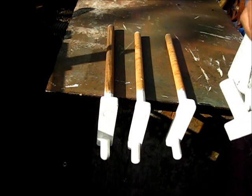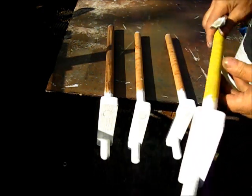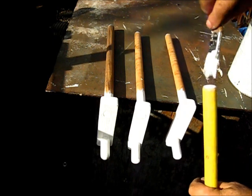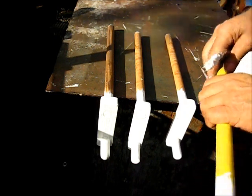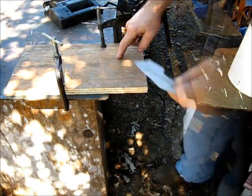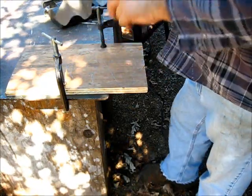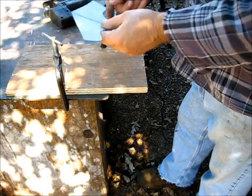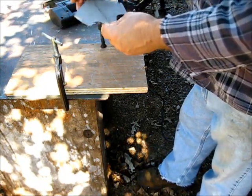Just wanted to keep you posted on where we're at on this project. Oh, I'm going to seal that end of that thing down there before I put that, get us 2 or 3 coats on that. In order to stabilize the eaves of the roof, I come up with a little blueprint